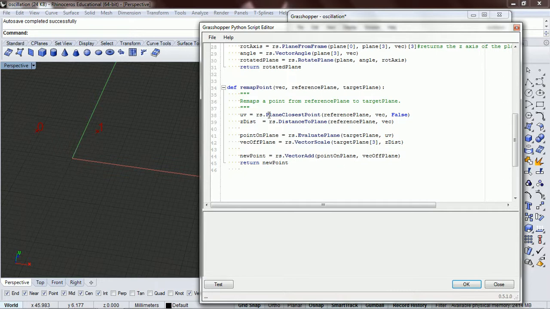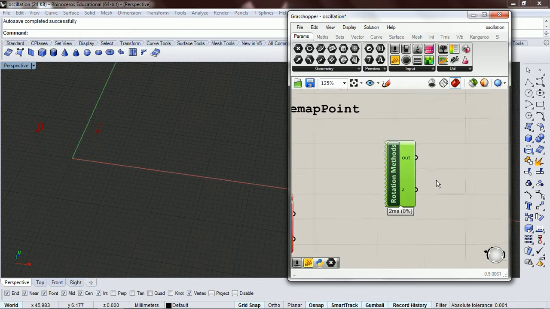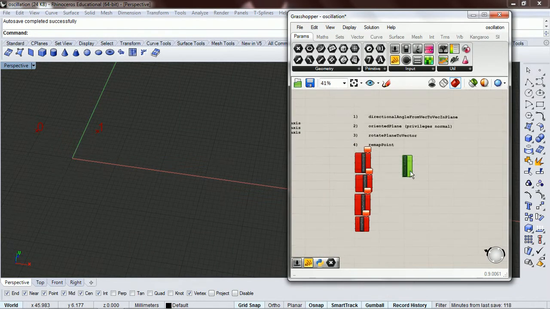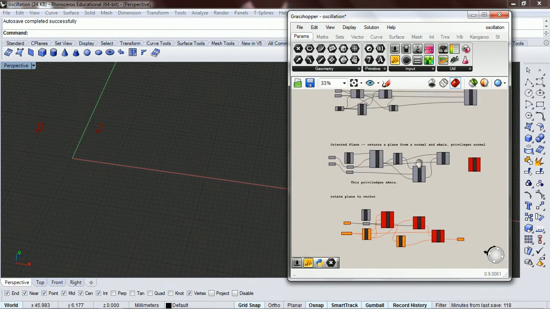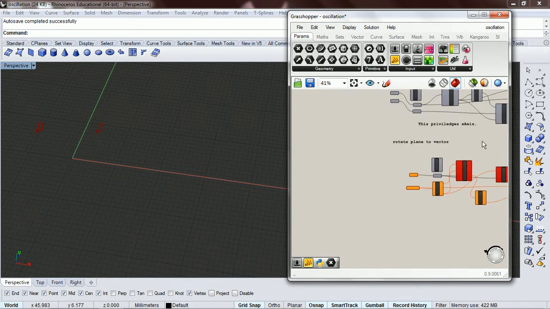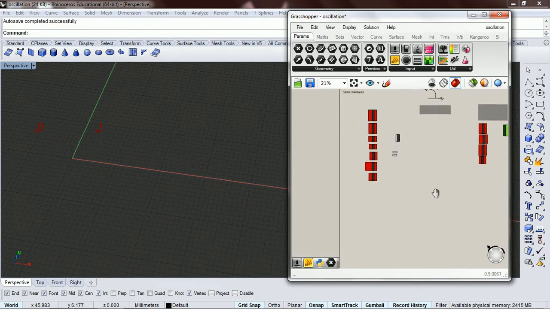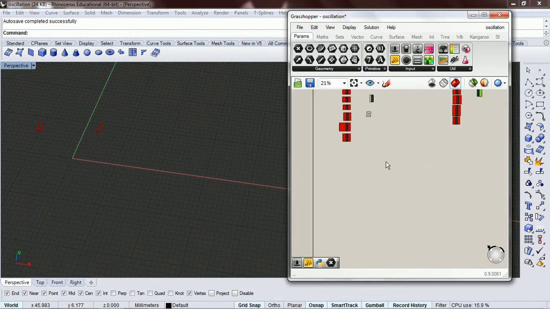You'll notice that I put in a little bit of documentation for the remap point. So there's that, and then also over here I have our Python components, and what else? Okay, I'll bring in